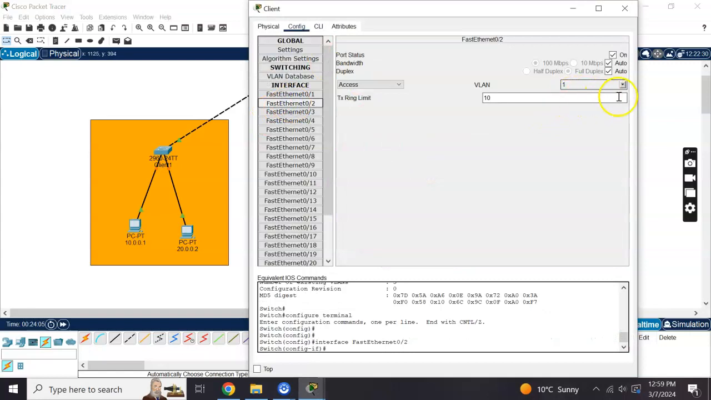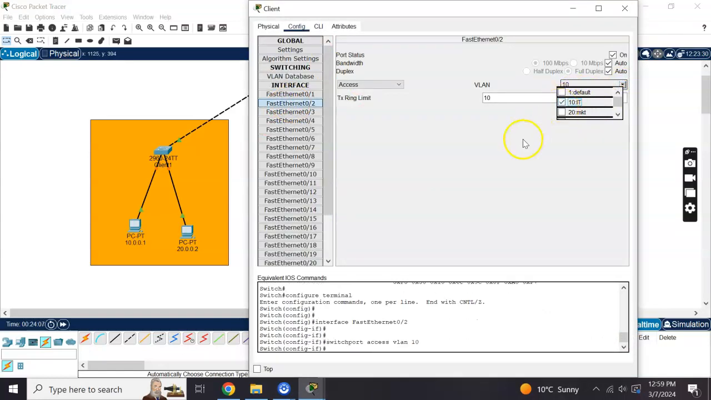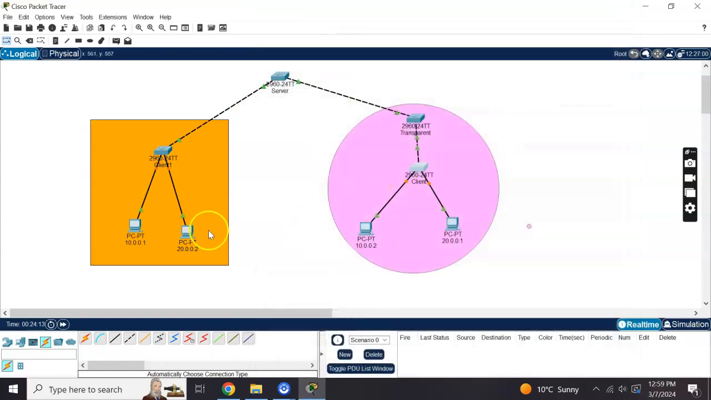So FA02 we are putting into VLAN 10, and similarly FA03 we will be putting into the marketing VLAN. So now once everything is done, you will be